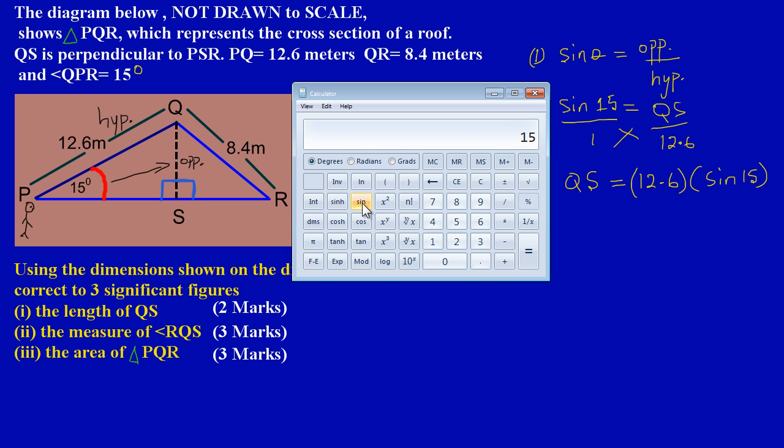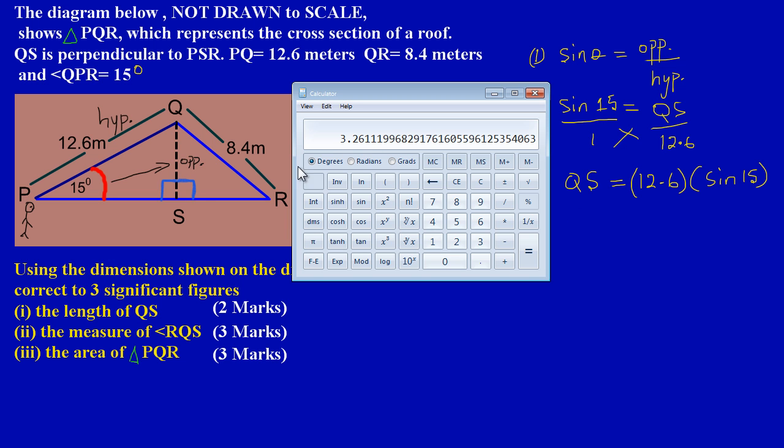It depends on the type of calculator that you are working with. The sine of 15 is 0.2588, an irrational number, and I'm just going to multiply that number by 12.6, and that is equal to